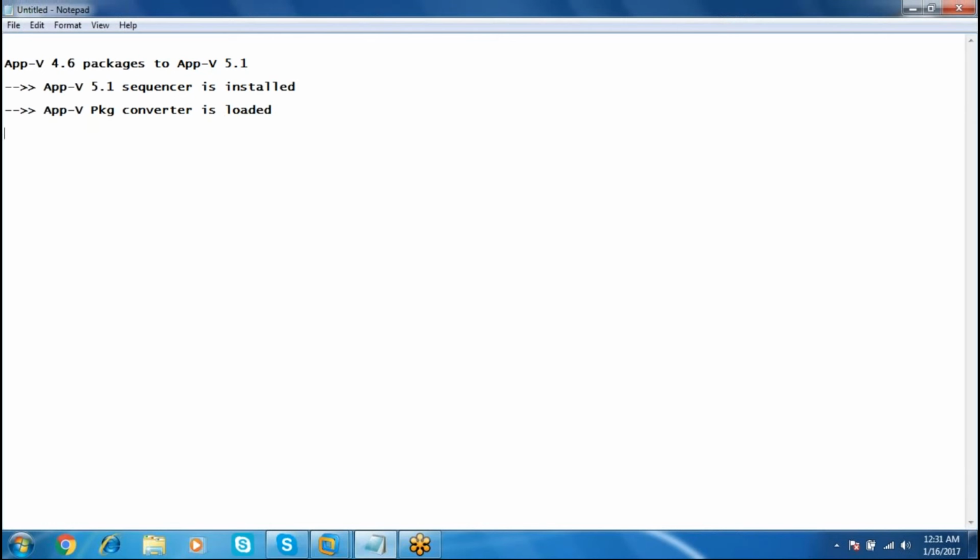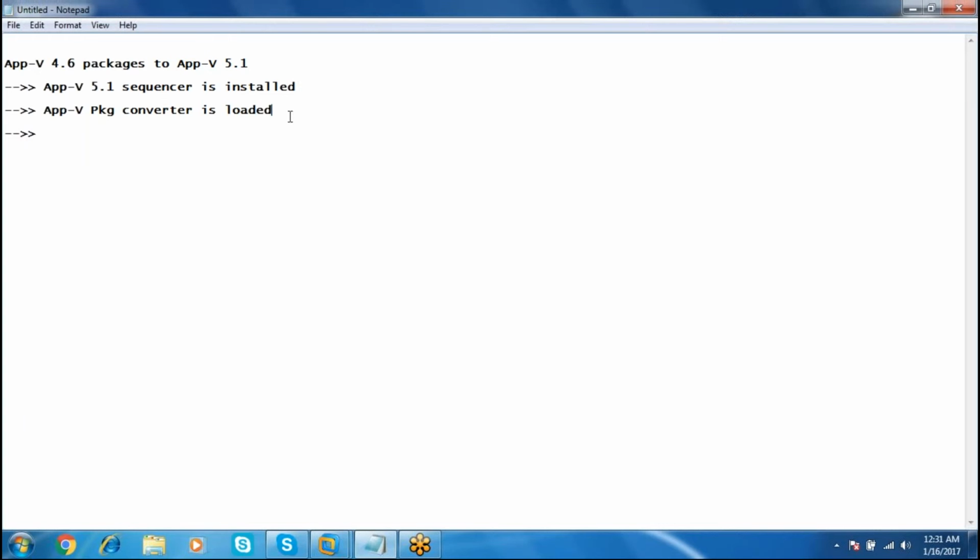In this session, we are going to learn how to convert APPX 4.6 packages to APPX 5.1 packages. In order to do this, we need to have the APPX 5.1 sequencer installed and the APPX package converter loaded.